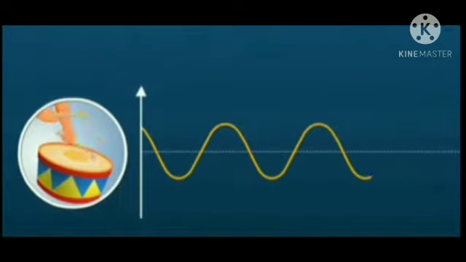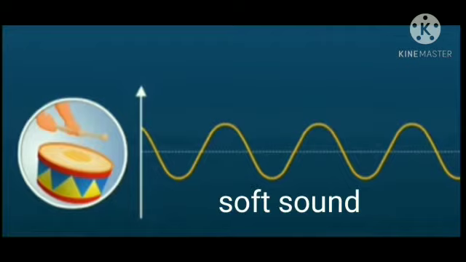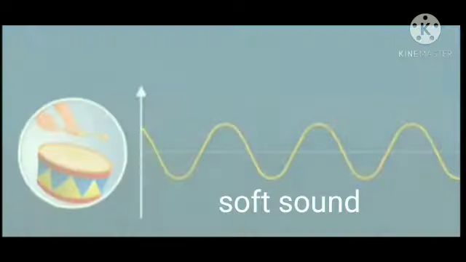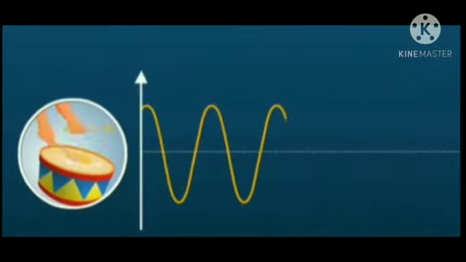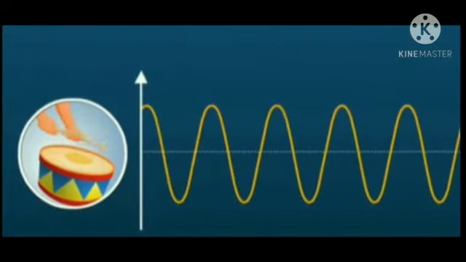producing the sound. When we strike a drum softly, its skin vibrates with a smaller amplitude and a soft sound is produced. When we strike the same drum harder, its skin vibrates with a greater amplitude and a louder sound